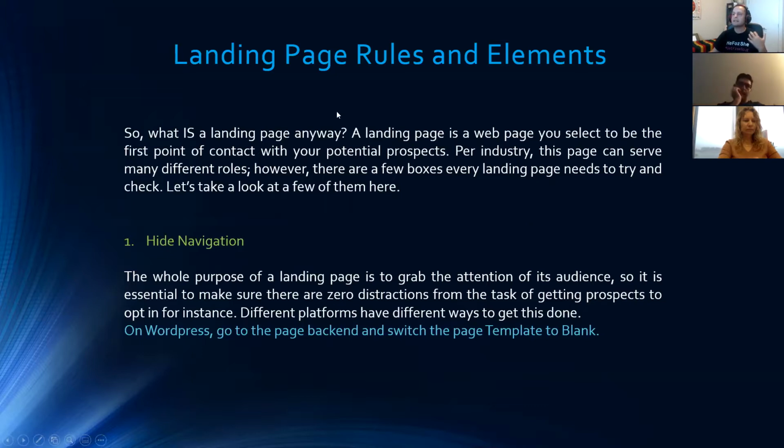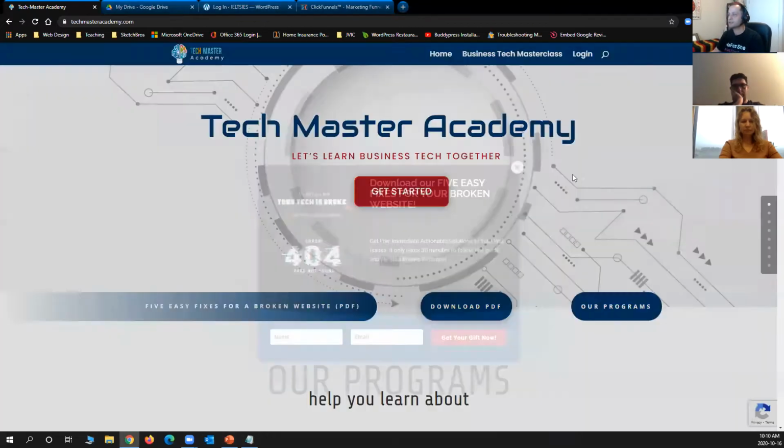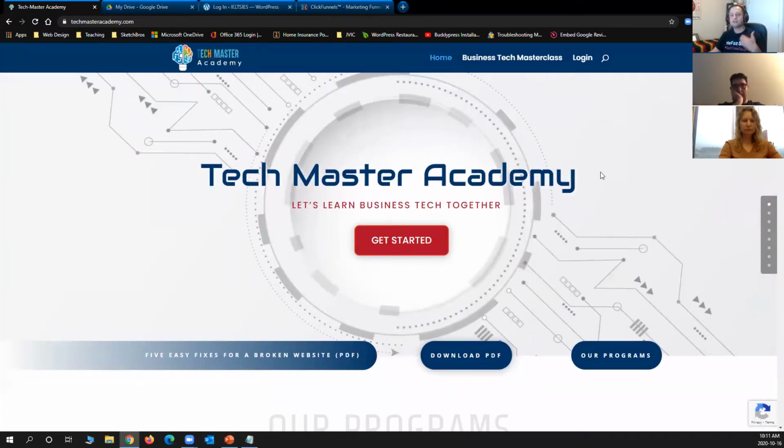First of all, a landing page should have zero distraction for your users. That is why the first thing we do is hide navigation. You might take a look at a lot of landing pages that do not do this, and that is absolutely true. It depends if your landing page is just for one process or for multiple processes. Let's give another example. Going back to TechMaster Academy, my landing page is serving more than one process, more than